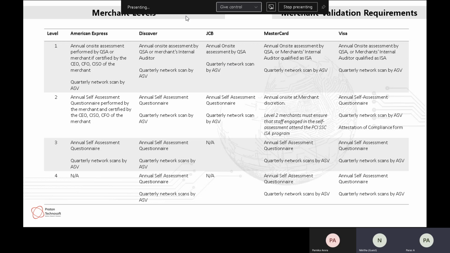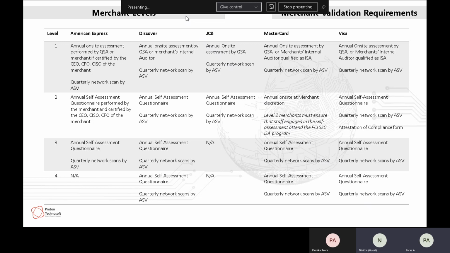Then I have to file an application with the council saying that I have applied for a QSA license as an organization. These are my processes. These are my insurances. This is what my website is. These are the services that I intend to provide. The PCI Council then reviews that application and approves the license for the company.